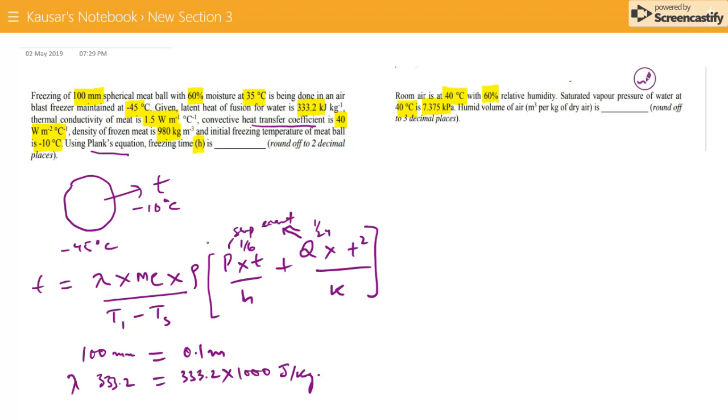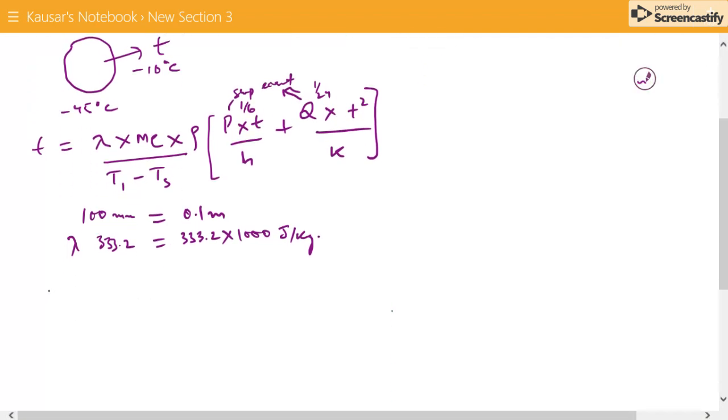So moving forward, one thing you have to take care of is the initial freezing temperature. In this numerical, there are three temperatures given. One is 35 degrees centigrade, another is minus 10, and another is minus 45. In the formula we have to use the initial freezing temperature, which is minus 10 degrees centigrade, not 35 degrees centigrade. So after putting the values in this equation, we'll get